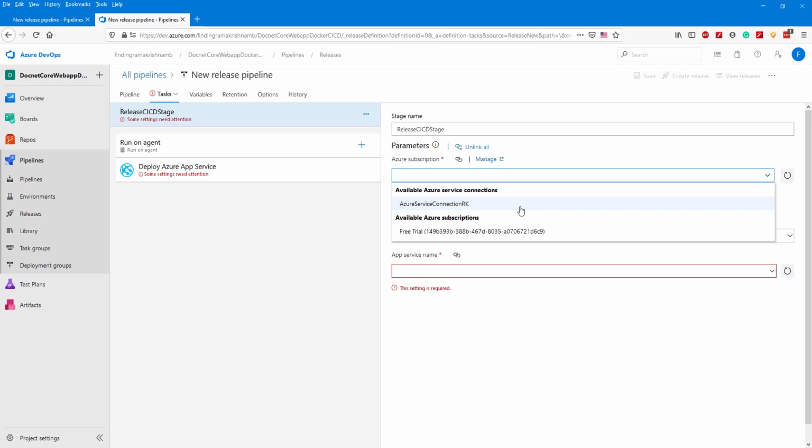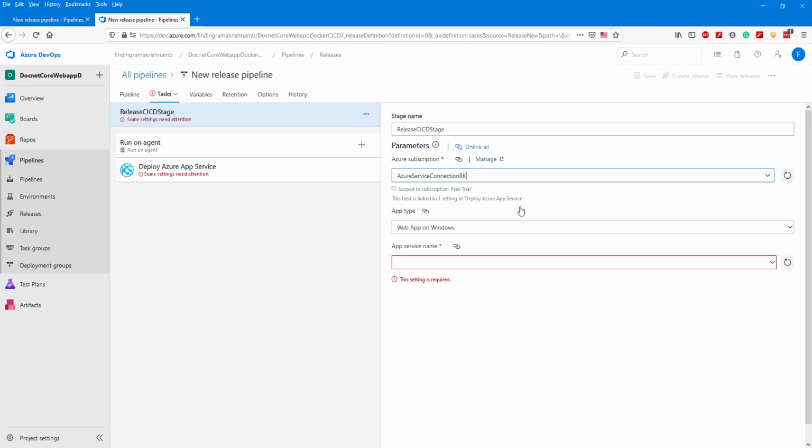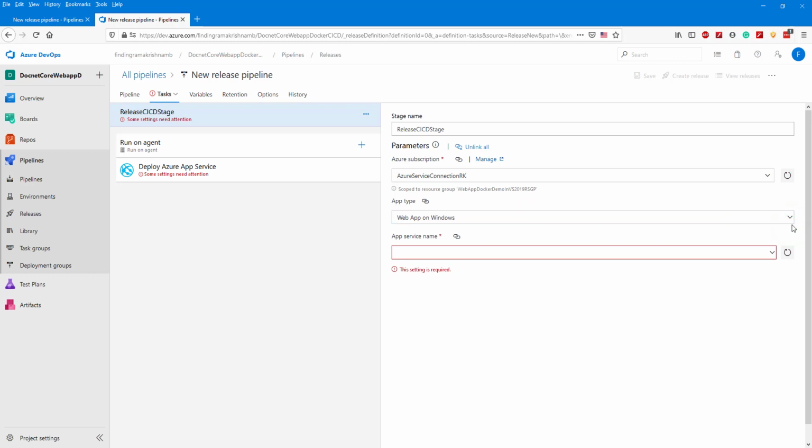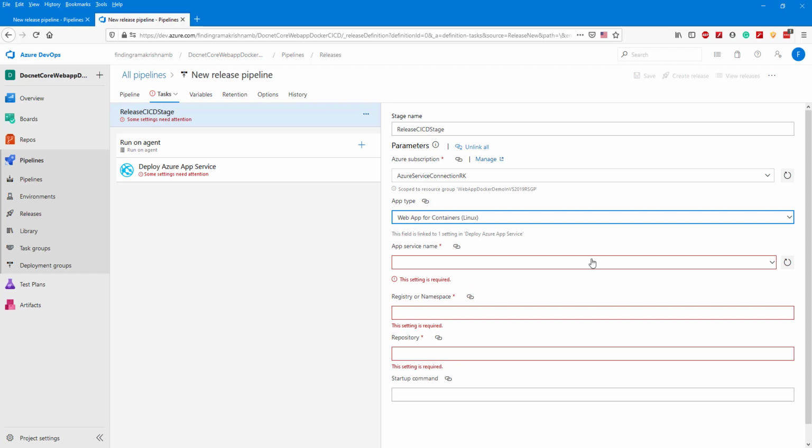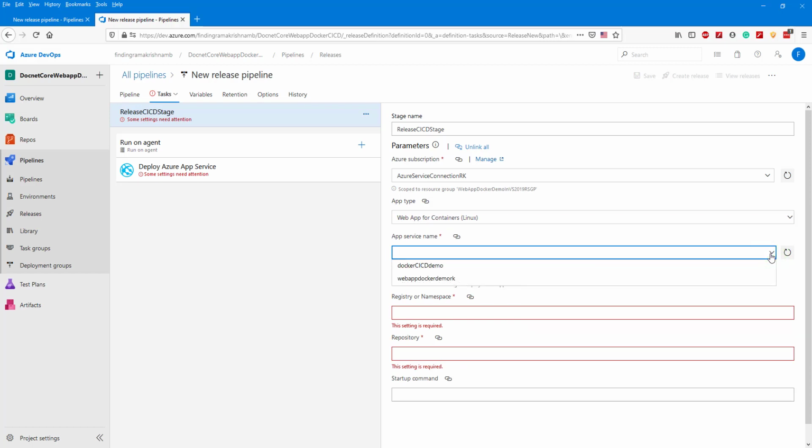For this purpose we created it only for that particular resource group. So app type should be, since we are hosting our app service in a Linux container, web app for Linux container, and app service name is, we already created the app service.